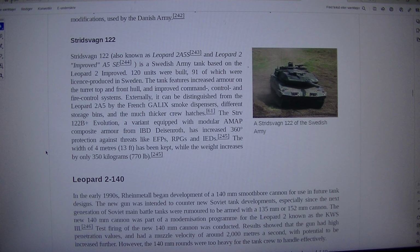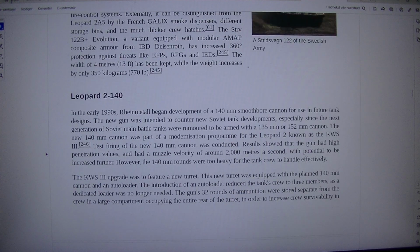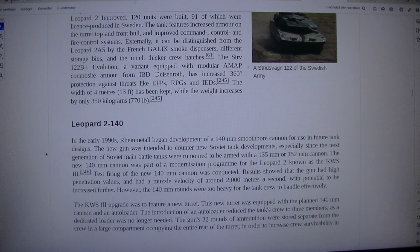Leopard 2 140. In the early 1990s, Rheinmetall began development of a 140mm smoothbore cannon for use in future tank designs. The new gun was intended to counter new Soviet tank developments, especially since the next generation of Soviet main battle tanks were rumored to be armed with a 135mm or 152mm cannon. The new 140mm cannon was part of a modernization program for the Leopard 2 known as the